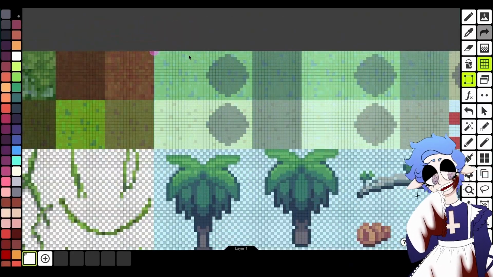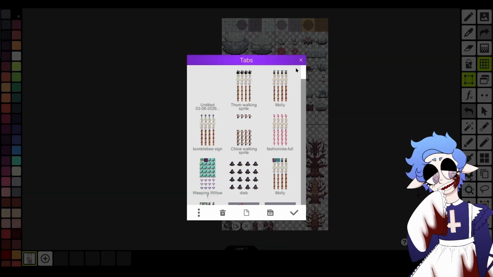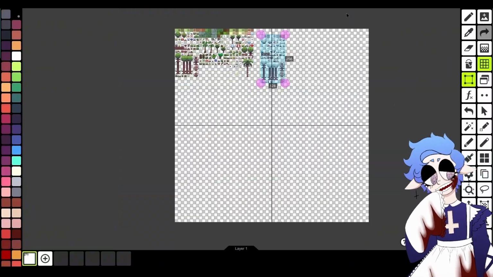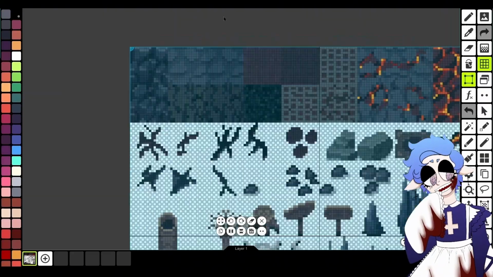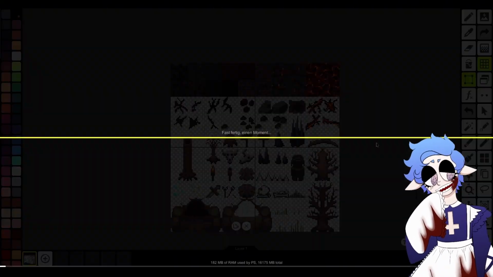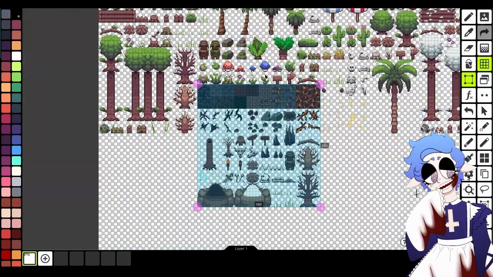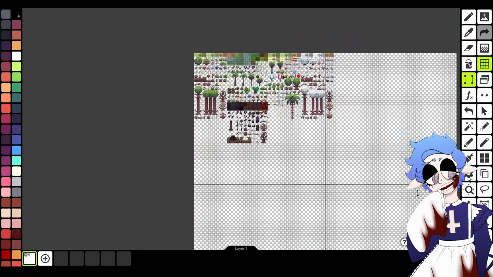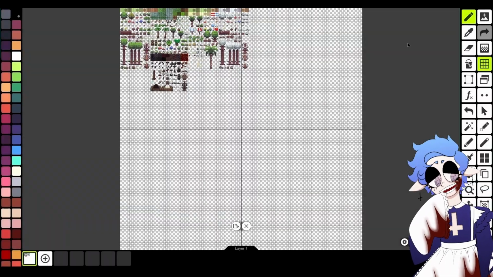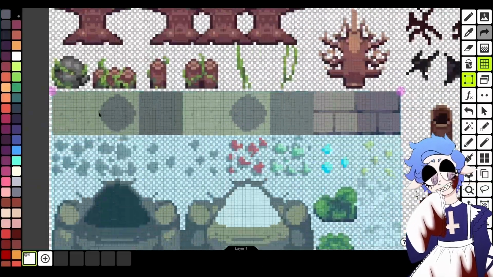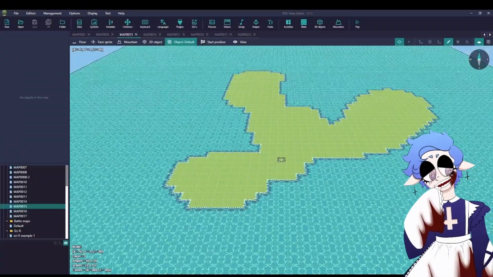And I went into the tile sets that the engine already offers, the pre-made tile sets that you can use, and I chose some biomes that I thought could be nice in combination, so we have some variety. I chose the jungle biome and some snowy tile set, and I also picked a volcano one that I ended up not using later on because I wasn't sure how to really build a volcano, but I might try that out at some point. And then some stuff that is from a dungeon tile set